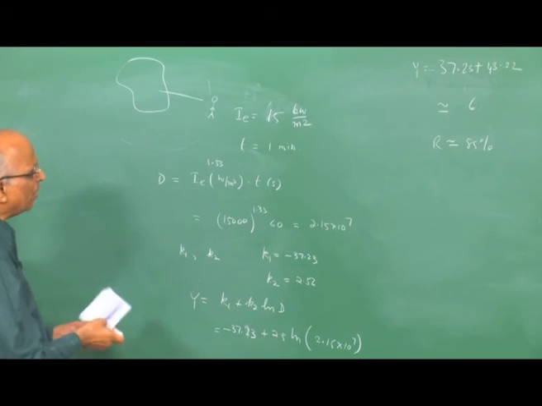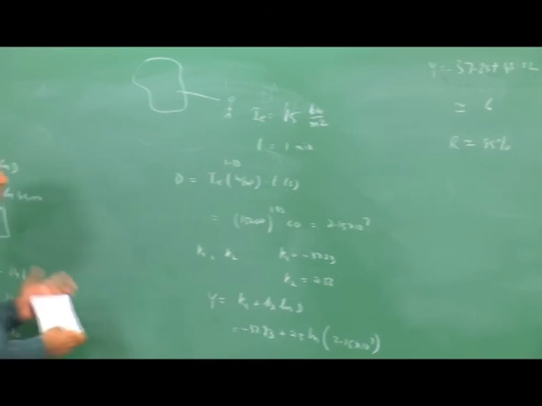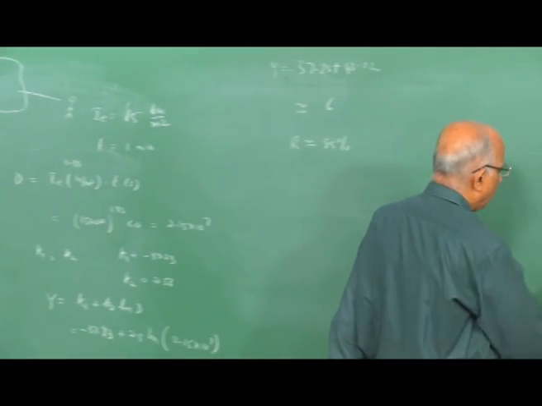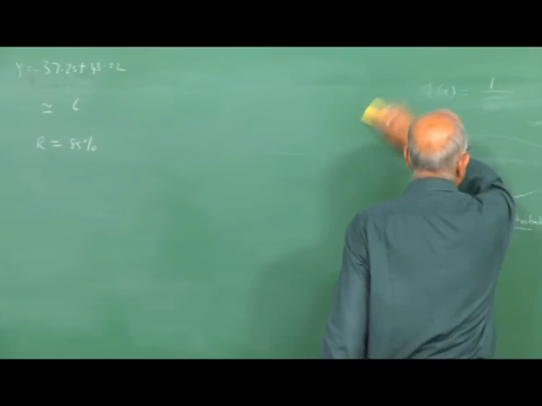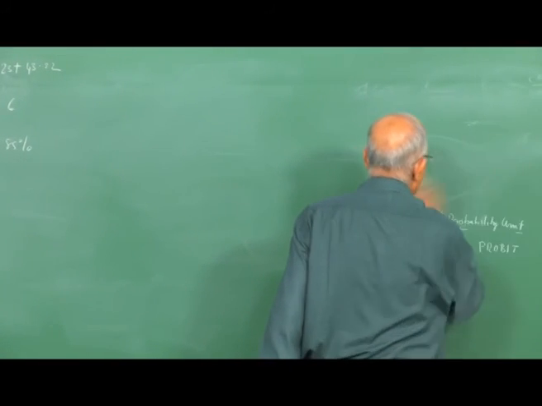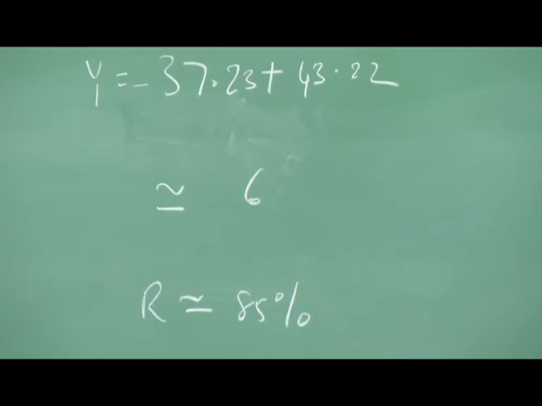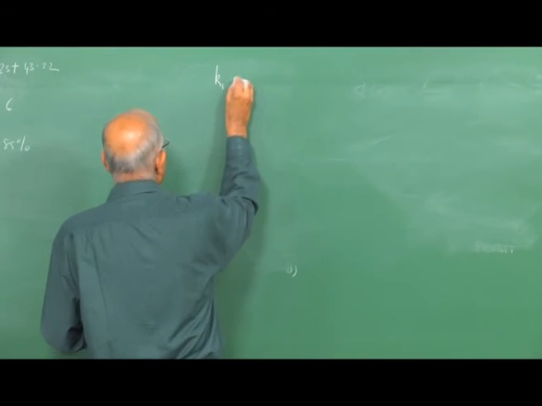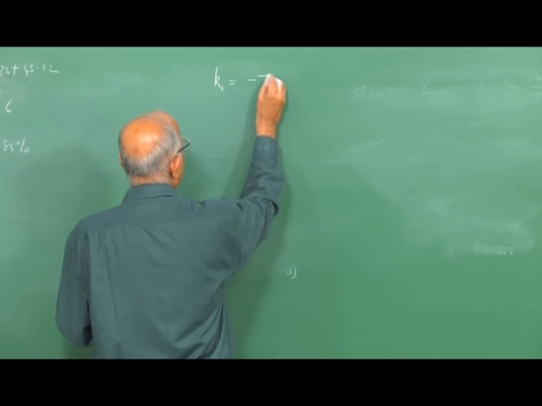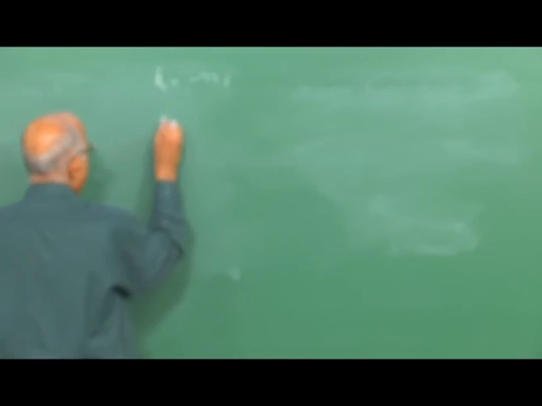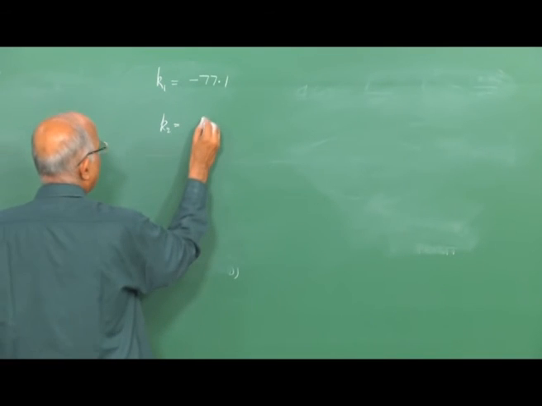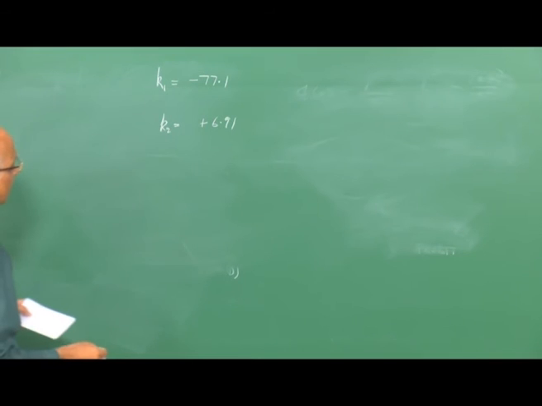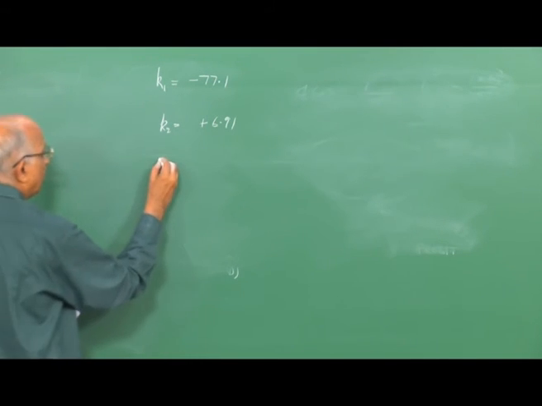And maybe since we have been talking of glass breakage, let us do one last problem involving the effect of glass breakage from an explosion, that means window pane shattering. In this case, the probit parameter K1 is defined as minus 77.1, the probit parameter K2 is defined as plus 6.91, and if I am considering a case wherein I have an overpressure